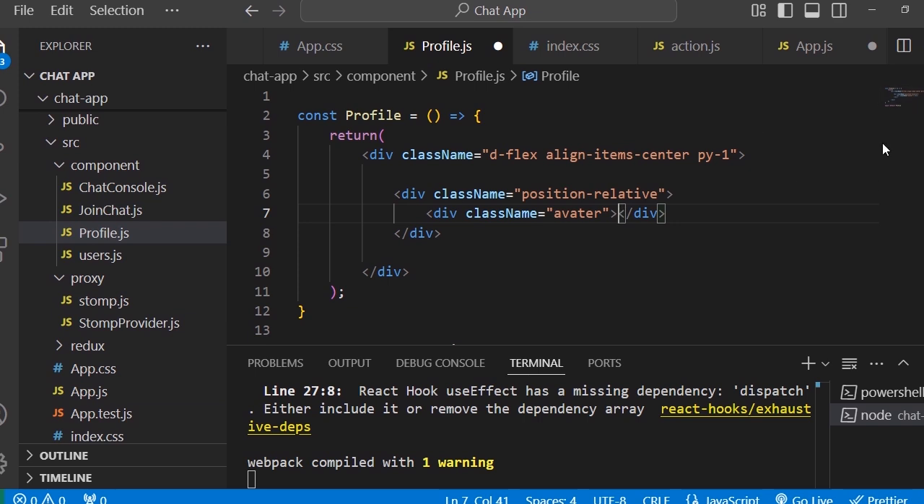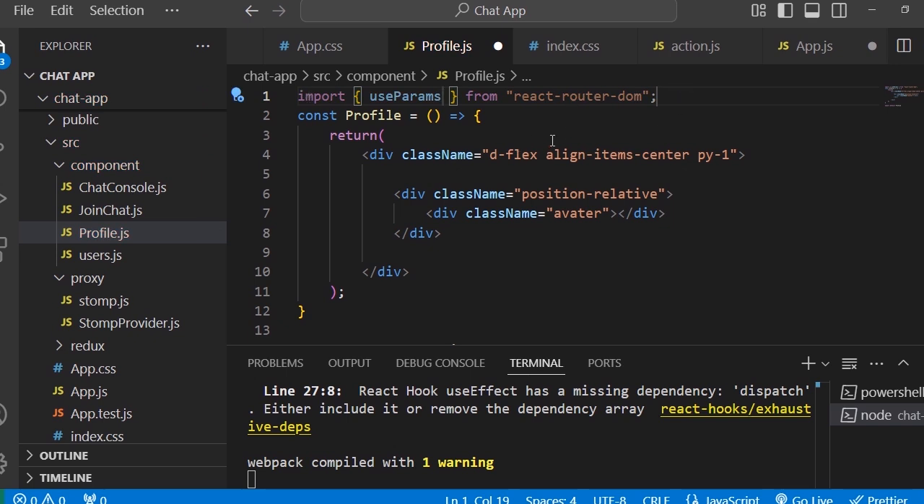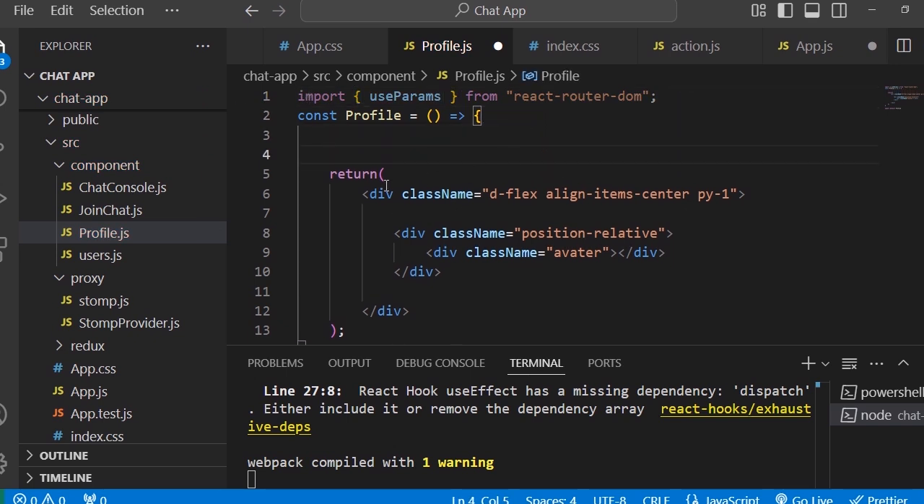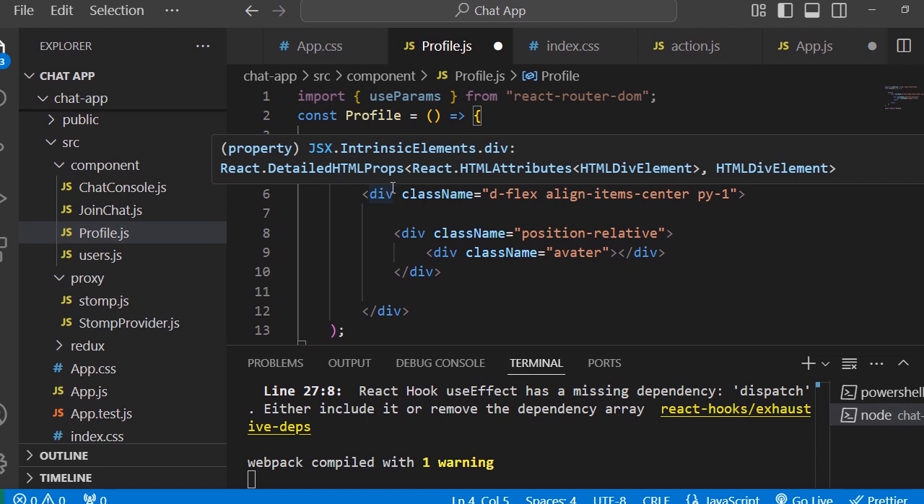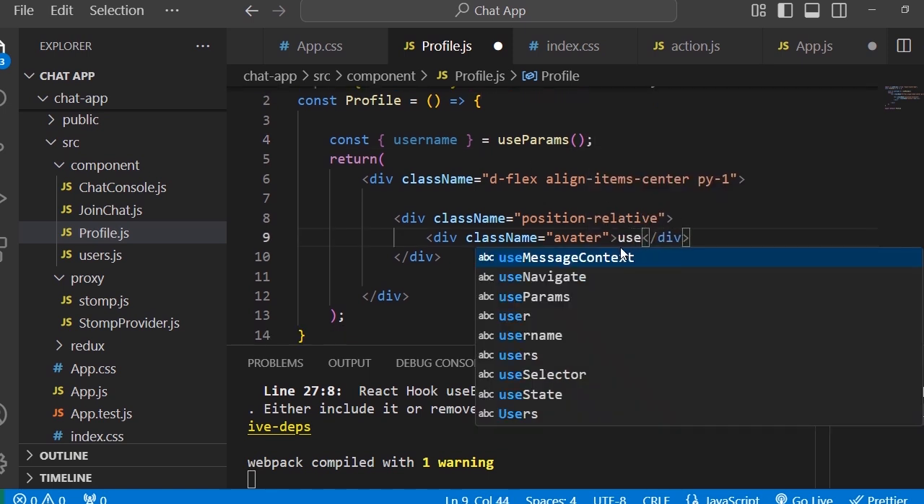So we will import the useParams so that we can access what we have in the path. So useParams from the React Router DOM and use it here. Let's have a const username equal to useParams. That is all, and let's have username here,